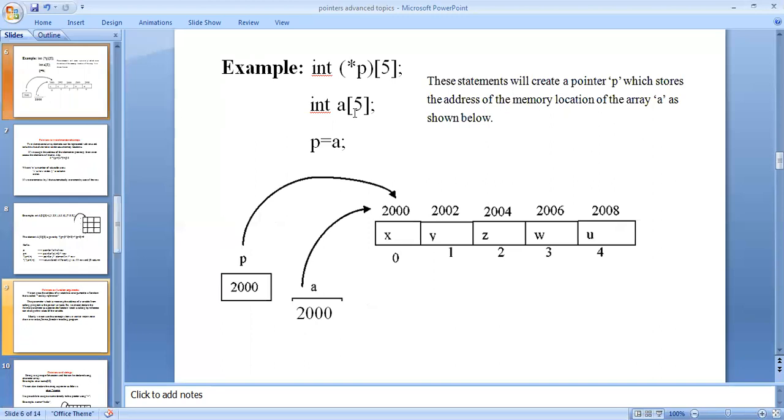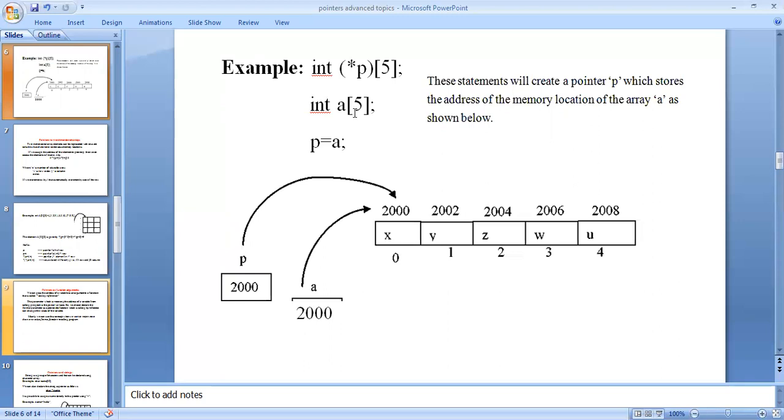Example: int asterisk p, with size 5 within square brackets, and a semicolon. Also the array size is 5. P assignment operator a, with a semicolon.